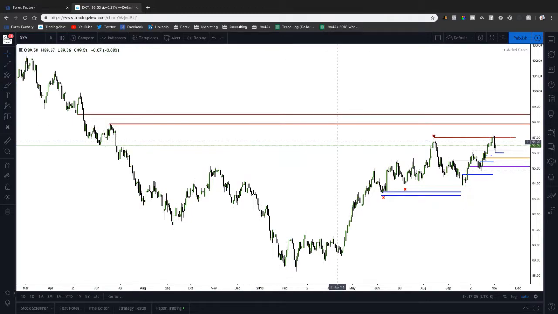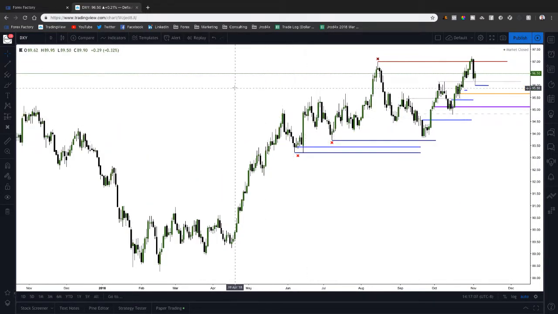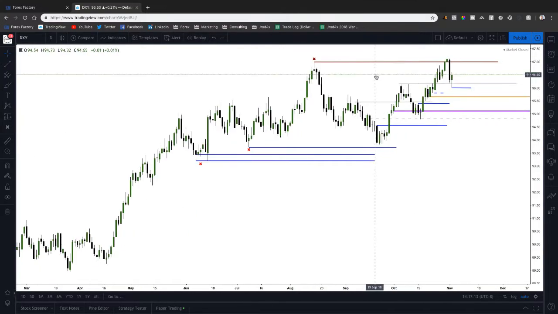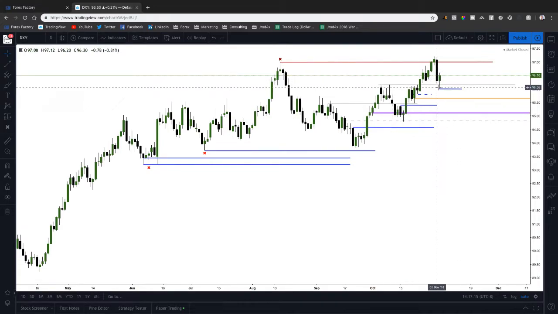Those are much longer term, not necessarily saying we'll get that expansion on this particular week. We could, but as of right now, I'm really just focused on this market staying above 96 big figure. They can hold it within this range for a bit, but personally I want to see them continue trading higher and at least break above 97.20 with a significant bullish candle and stay above there.